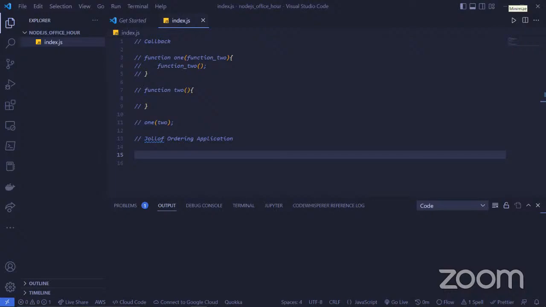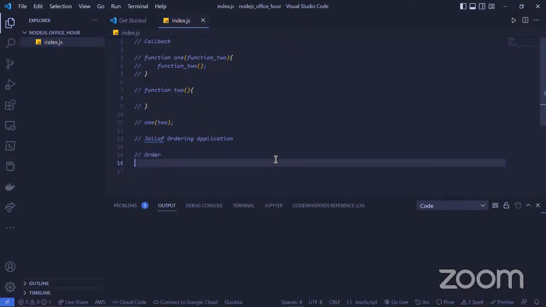Right now, like I was saying, we want to do everything based on order. We can only say we're in business when we receive an order. So the first thing I want us to be looking at is order, and the next thing we'll be looking at is cooking. So after order, we cook. Let's create a function for order.